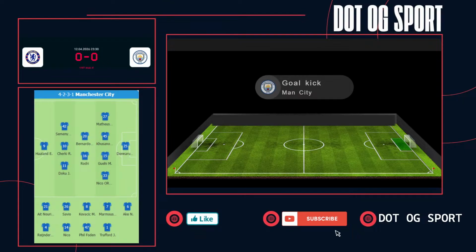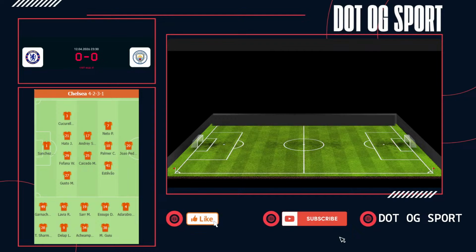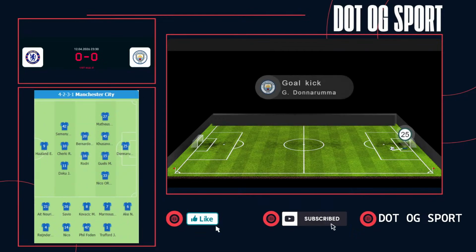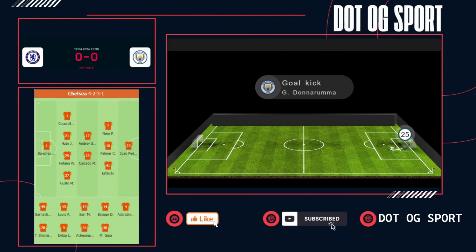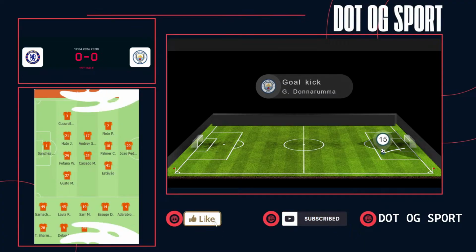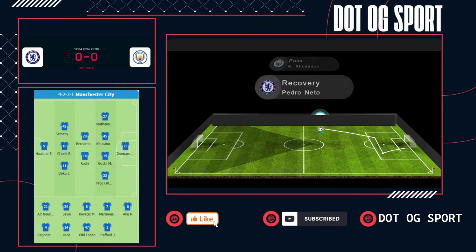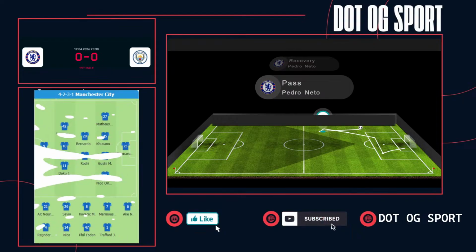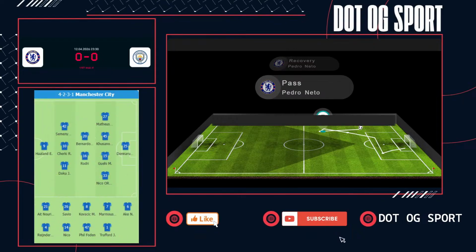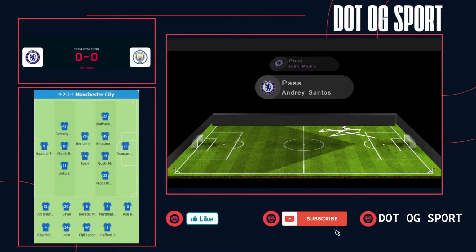Cole Palmer goes backwards, and it is now gathered by Gusto, and Gusto finds Pedro Neto. Pedro Neto gliding inside now for Chelsea to find Hato. Hato left hand side, collected now by Pedro Neto once more, and Moises Caicedo is just going to drift the ball forwards. It's going to drop now, is it, for Cole Palmer? Cole Palmer feeds it to Andre Santos. Now Cole Palmer with his right foot, big deflection. Donnarumma does collect, but a better 3 or 4 minute spell really for Chelsea. The first time in the game they've managed to settle,